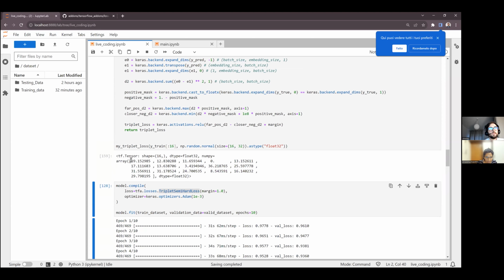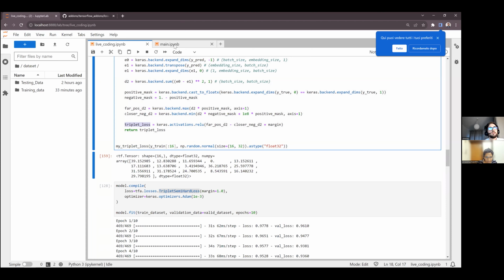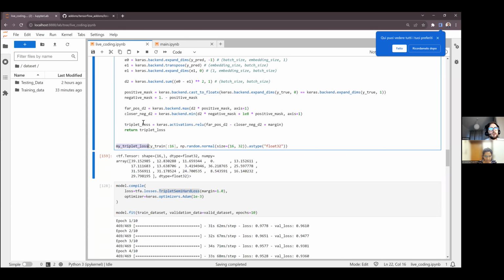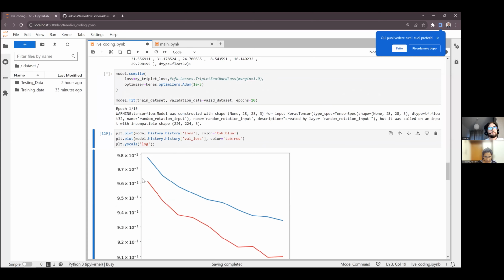This gives us all the values for the triplet loss, and we should probably compute the average ourselves. I don't know, but let's simply try to use it instead of this loss and see if it works.